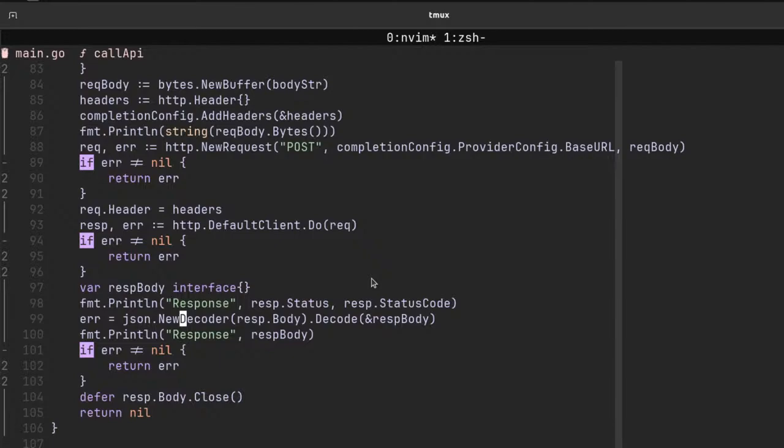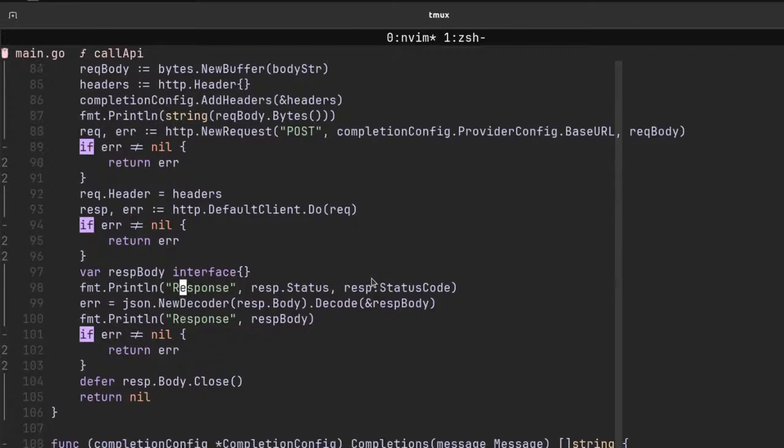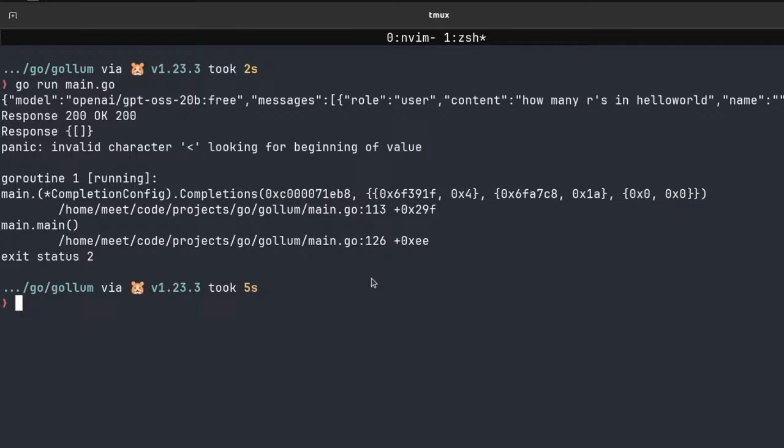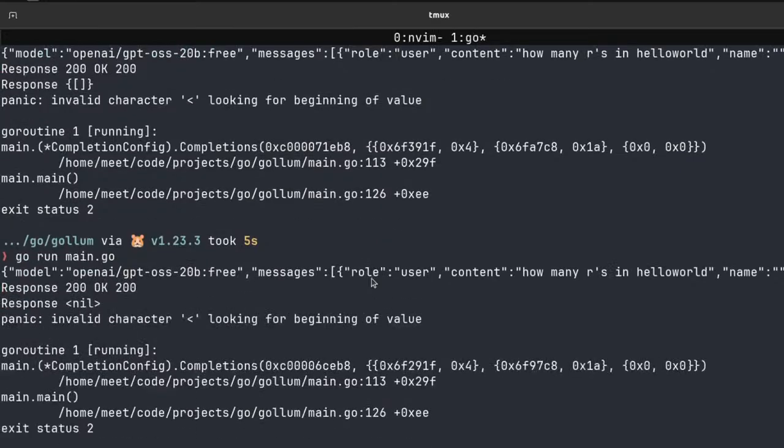So we are allowing any form of structure to be represented in this variable, response body, and then we are trying to decode that into this variable here, so it will take in the value. Hopefully that should make that clear,